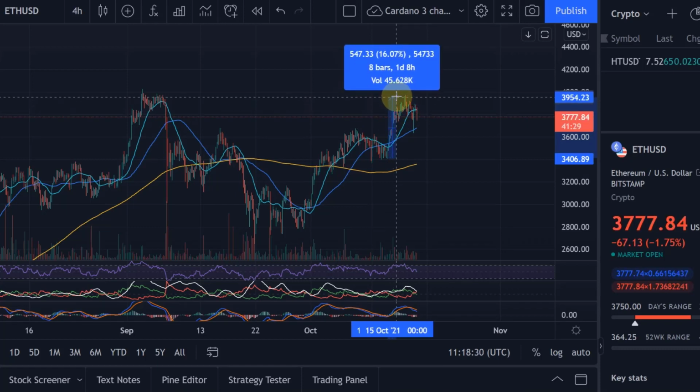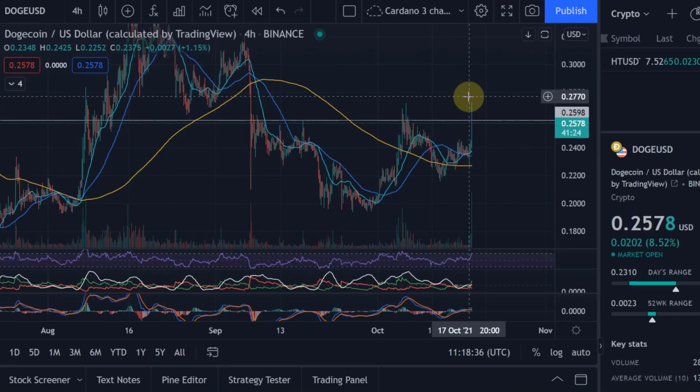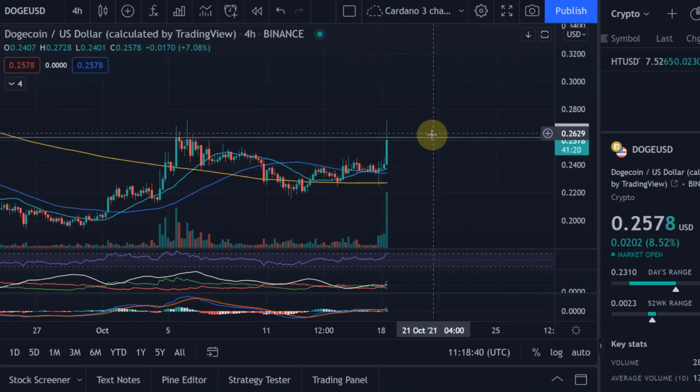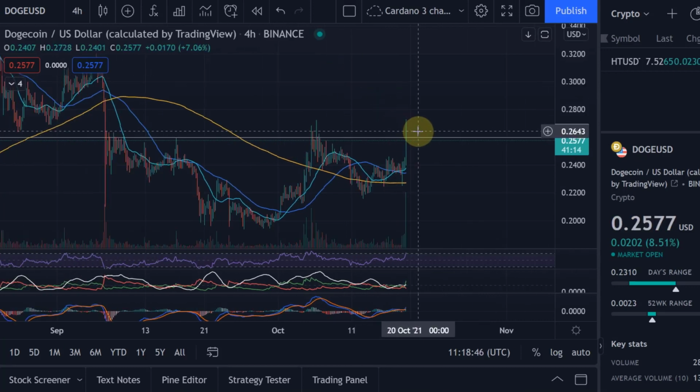And then we actually made it 17%, or 16.5%, in a few days. So Dogecoin is just doing the same thing, and it all falls with that resistance level here. If you can see us breaking that 26-cent level, and possibly do a retest, because some cryptos